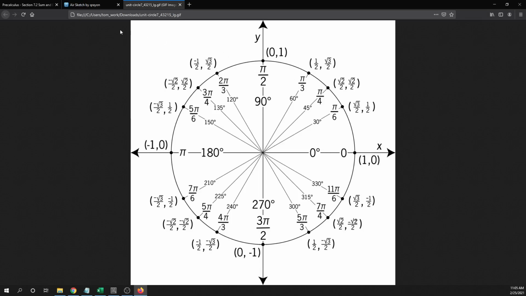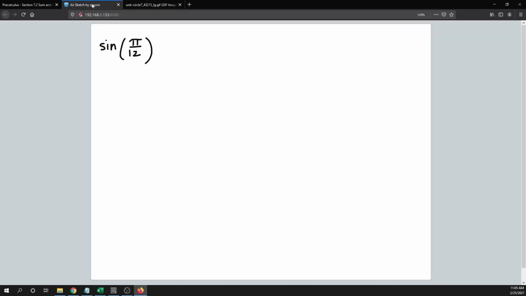The way that I'm going to do it is to write it as pi over 4 minus pi over 6. Now you might say, well, how did you know how to do that? Pi over 4 minus pi over 6. Well, from experience, I know how to do that, but